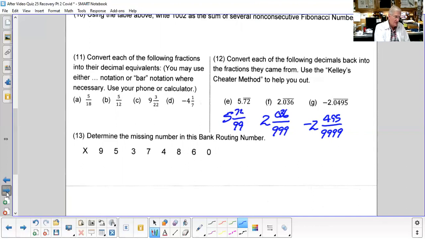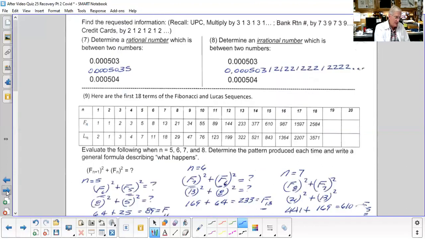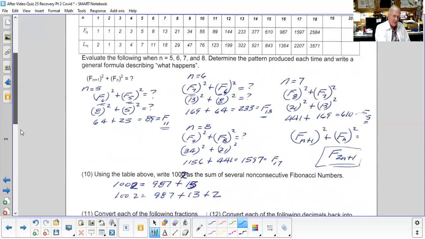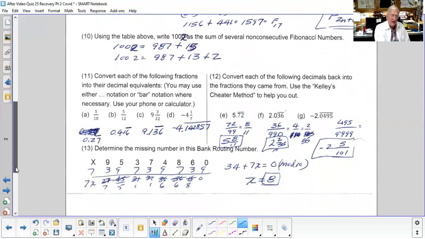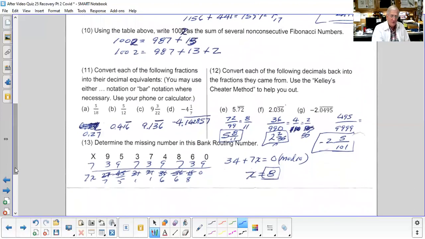Now, let's go over and see if I have the answer key to this sheet, and I believe I do. So here are some examples that work for the first 2 up at the top there. You know that we said we didn't have to do anything with the first one. The second one, I don't know if my picture's blocking it or not, but make sure you have 3 dots on the end if you decide to use 1, 2, 1, 2, 2, 1, 2, 2, 2, 2, and all that. And here are the answers down towards the bottom. I reduced these, but you don't have to do that. But we had the numbers right, 495 over 4 nines,